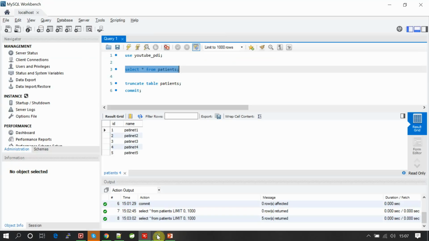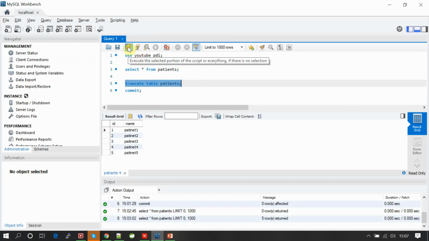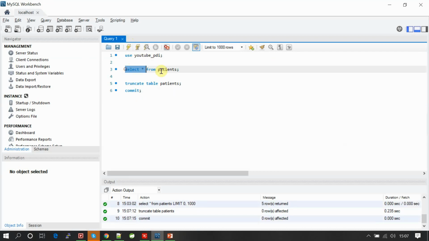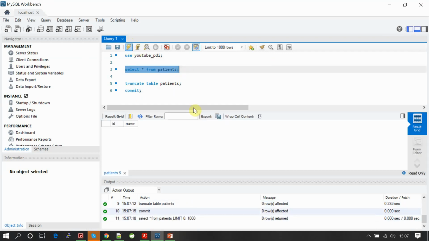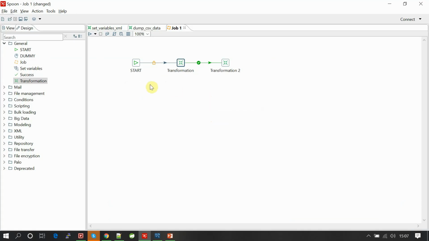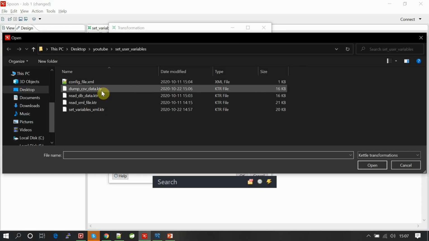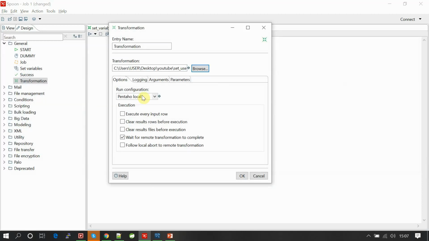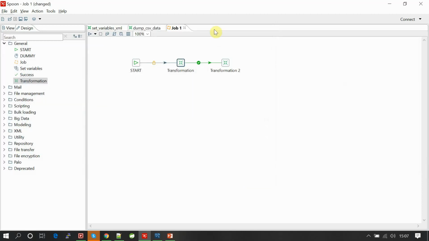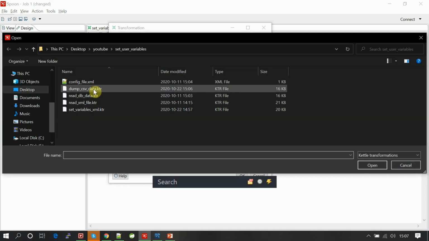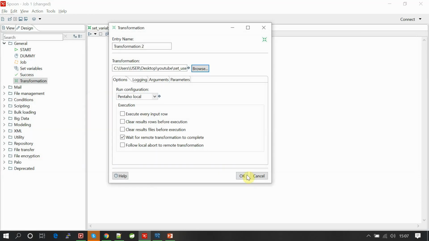Before that, I'm going to truncate this data once again so that we can test running from a transformation where the user defined variables are set. For that, first browse the transformation: set variable XML, okay, and the second transformation is dump CSV data.